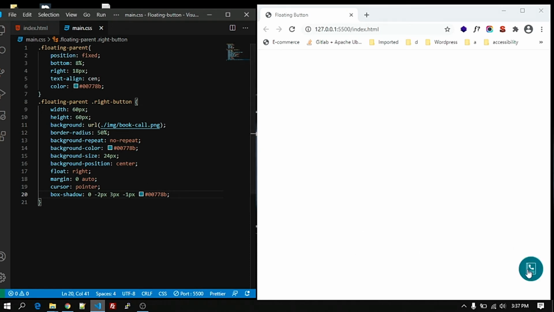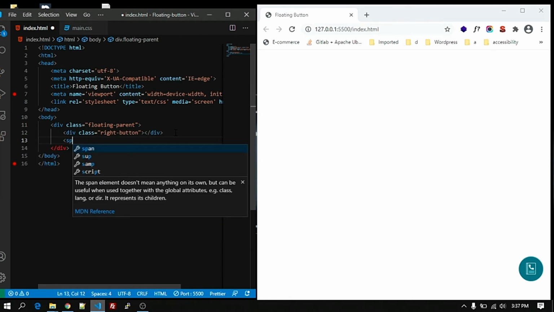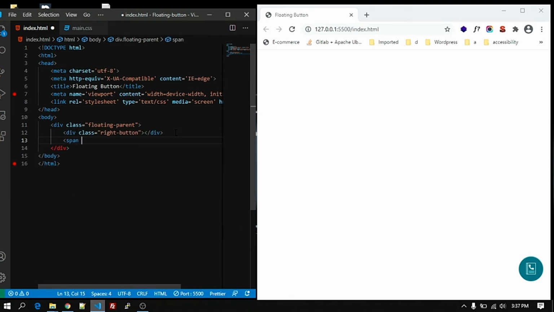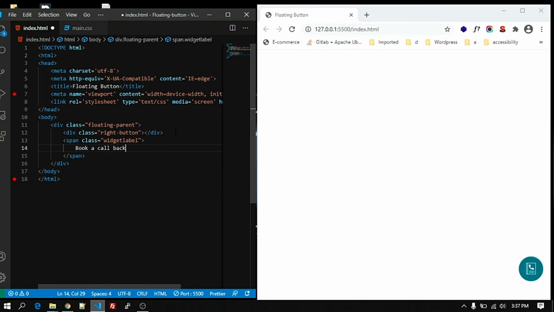So we are going to add some message over here. For that we are going to create a span, a widget label. In that we are going to say book a callback.